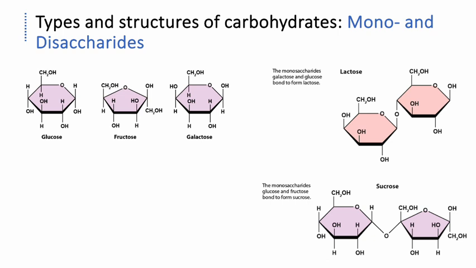So the first two that we'll think of, and we'll come back to these in a little bit, especially whenever we do carbohydrate metabolism, are what are called mono and disaccharides, right? So a monosaccharide and a disaccharide. To understand these, simply think of the root of these words. The prefix mono means one, and the prefix di means two. And then that ending saccharide means sugar. Okay, so monosaccharide just simply means one sugar or one sugar unit, and disaccharide means two sugar